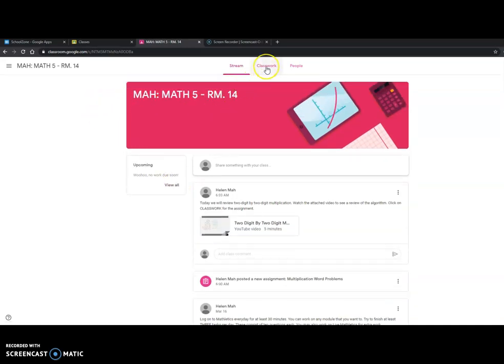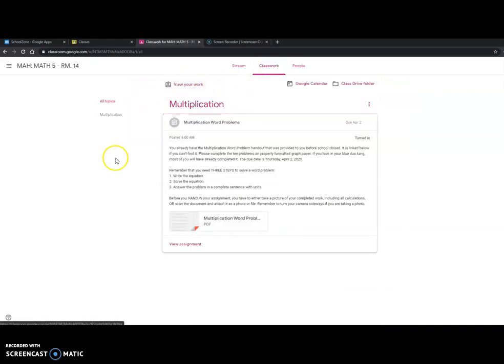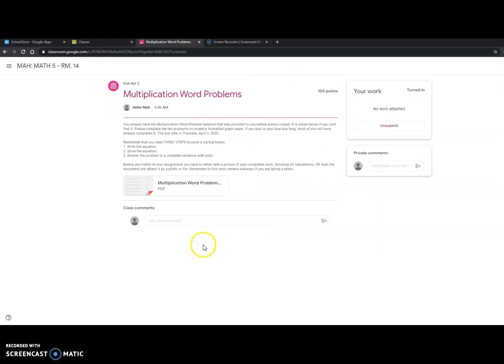You're interested in this classwork tab. So if I click the classwork tab, here is your assignment. It's called Multiplication Word Problems. I give you a PDF, or I might have given you a YouTube video or some other instruction. Now, you need to click this View Assignment in order to see the entire thing. So I'm going to click it, and